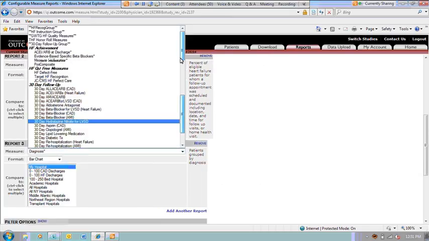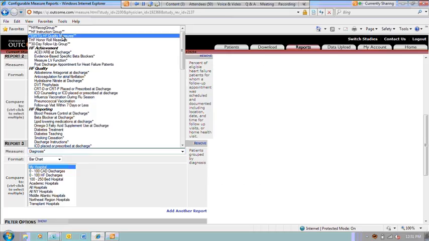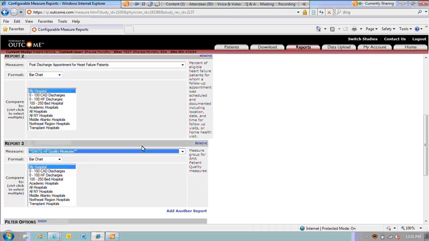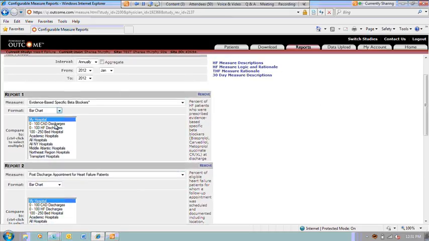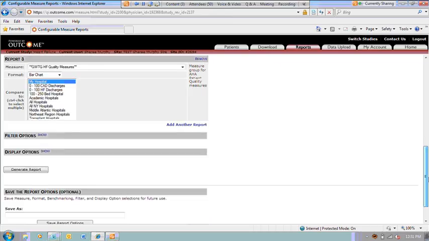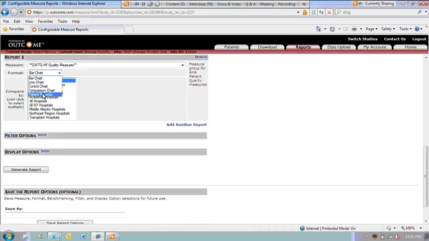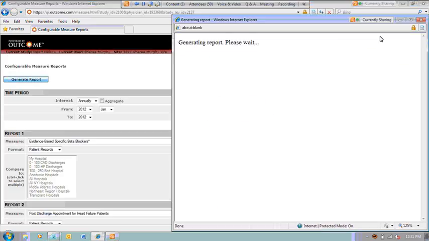So I'm going to choose the quality measure group again as opposed to just one or two. They all look like they could use some attention. So again, I'm going to change this to patient records all the way down and do that same process. I'm going to go ahead and generate this report.